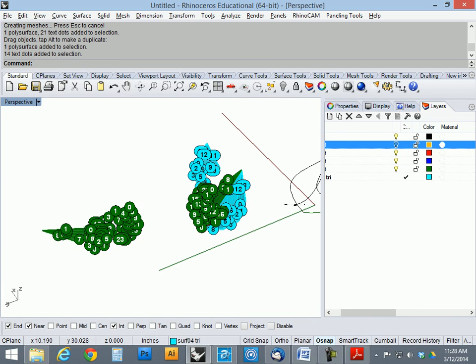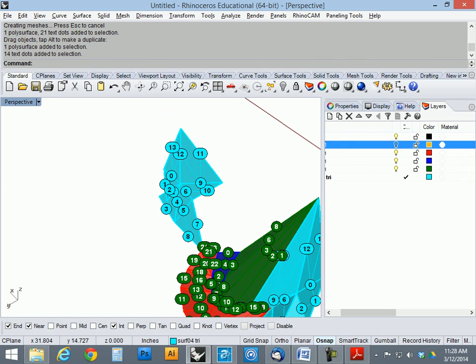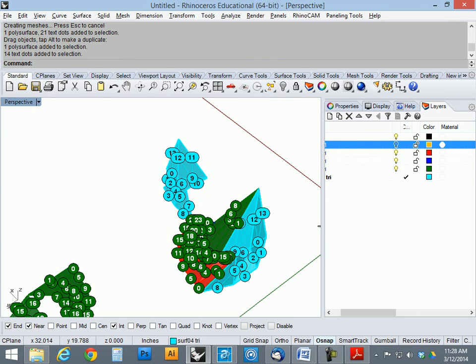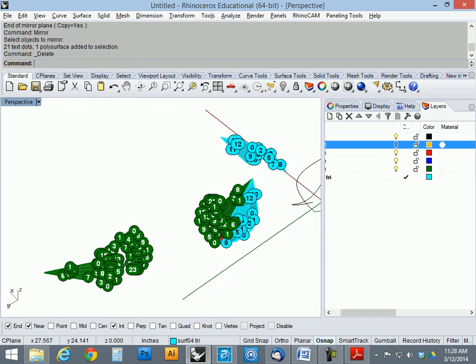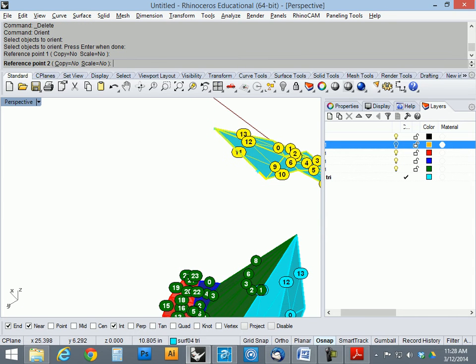And this will happen sometimes, depending on how you triangulate them. You have to flip or mirror the geometry because it's laying the other way. So I'm going to mirror that. And then I'll orient it. I'm going 11